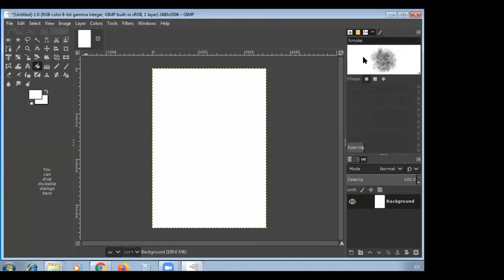First of all, we have to understand the basic form of a layer. To understand the layers dialog panel, see here, the layers dialog panel appears on the top right side of the GIMP window. Here we work on the layers, and this dialog box panel has options which are used to perform specific tasks.